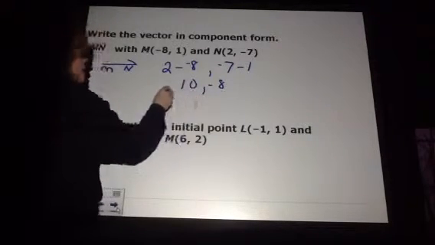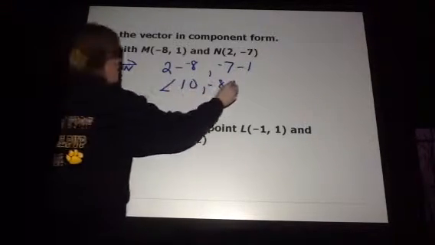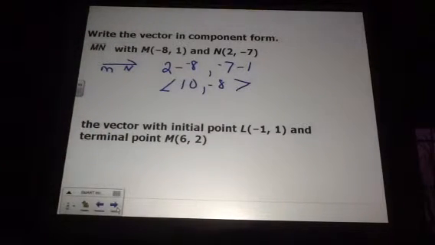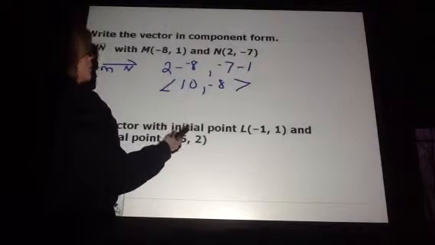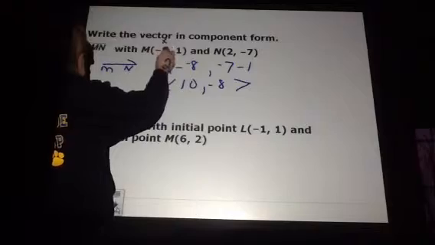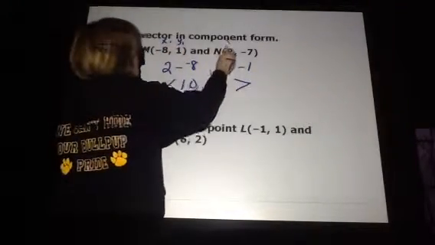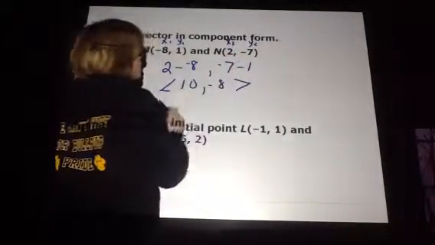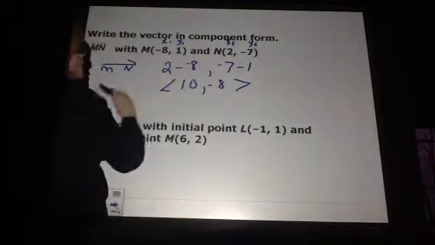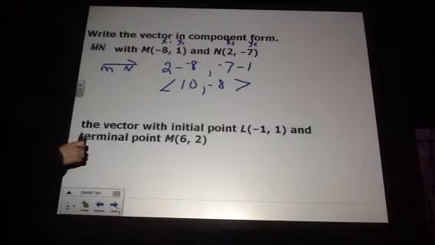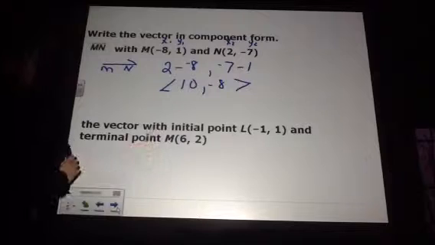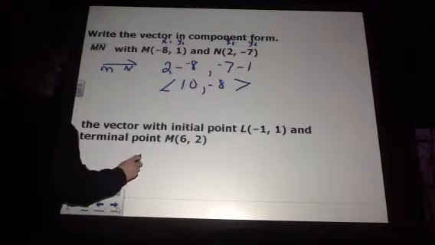Alright, so then put it in component form. Alright, just like finding slope, okay, guys, but instead it's horizontal and vertical. So if you want to label this x1, y1, x2, y2, you take 2 minus the -8, -7 minus the 1. Alright, so see if you can do this one on your own. It's giving you the initial point and the terminal point, okay? So you're going to take